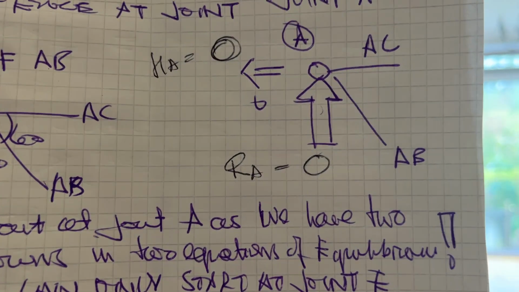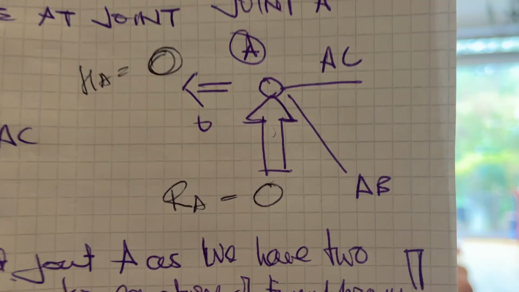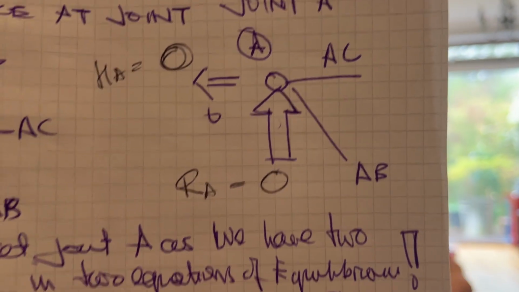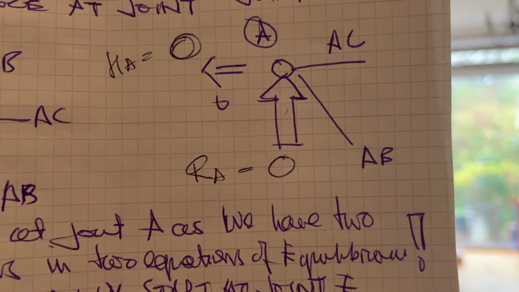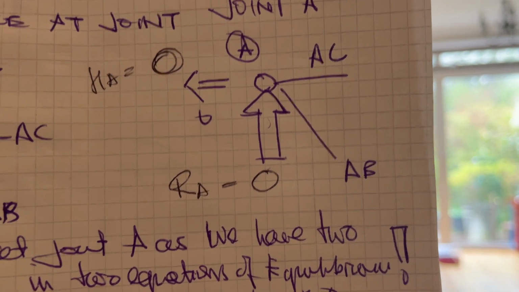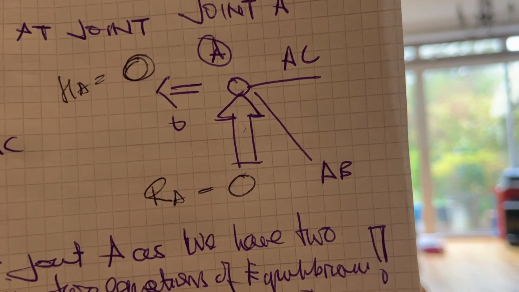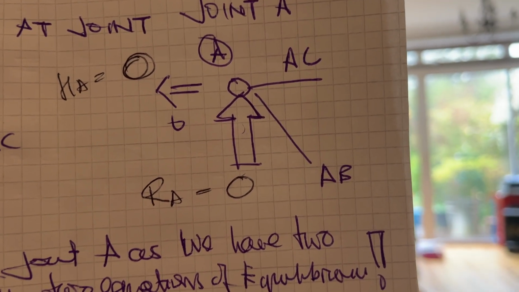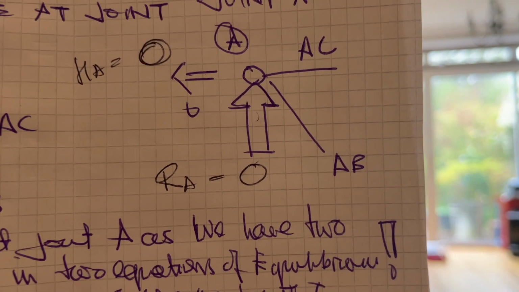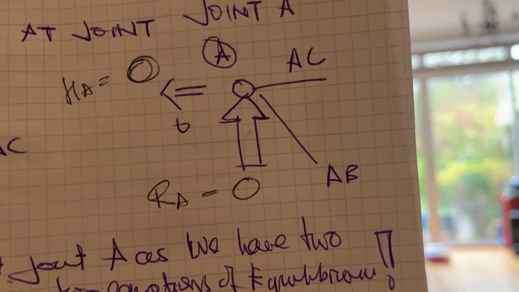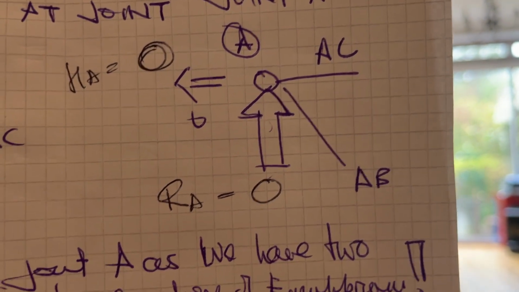If you take vertical, let's look at it again. So the vertical equilibrium, RA up is 0. And then AB coming in, AB is a diagonal, and there's only one diagonal. So that must mean the vertical component of AB is 0. So AB equals 0. And then because HA is 0, AC, so in fact AC and AB are 0,